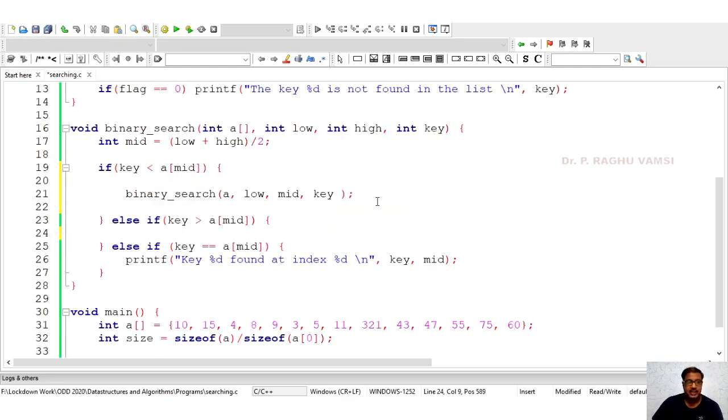If key is greater, then binary underscore search of a, if key is greater than means low will become mid: mid comma high comma key.